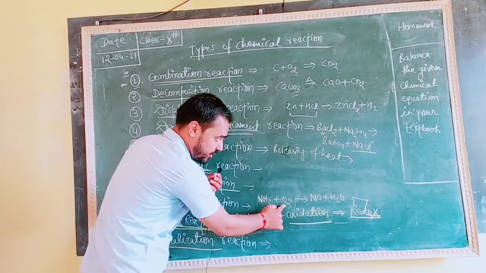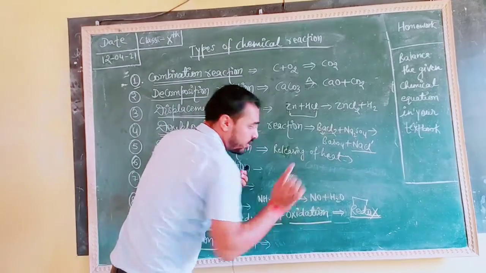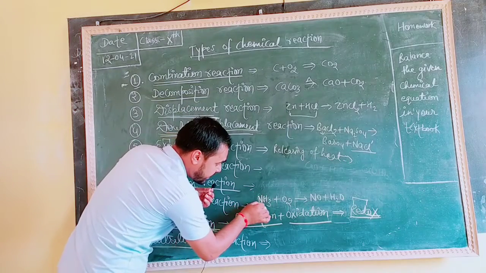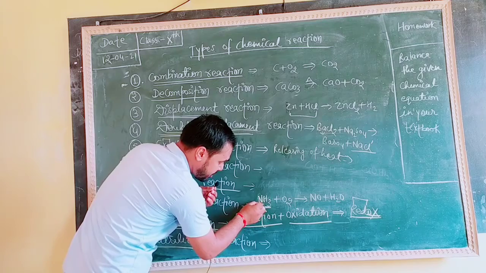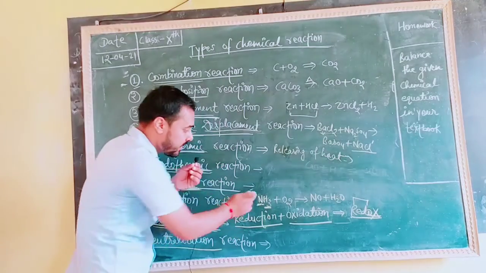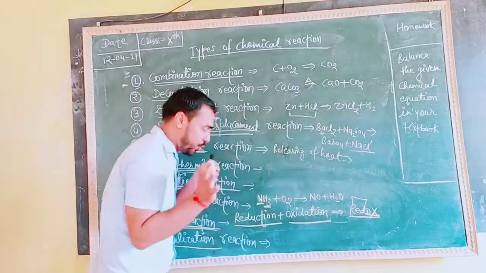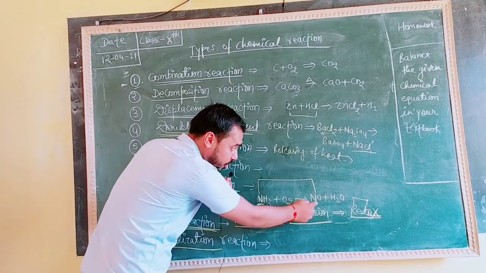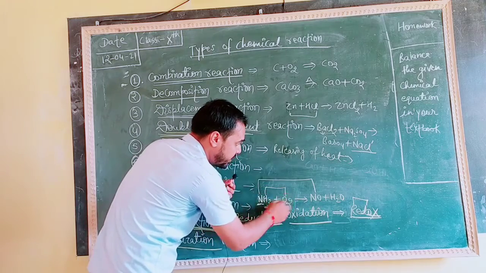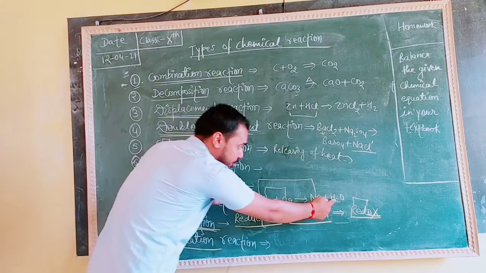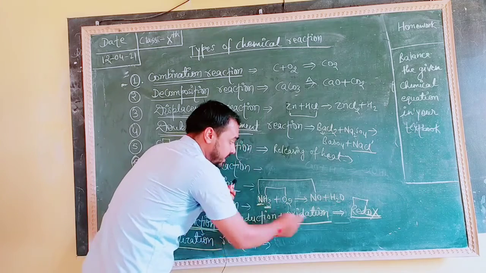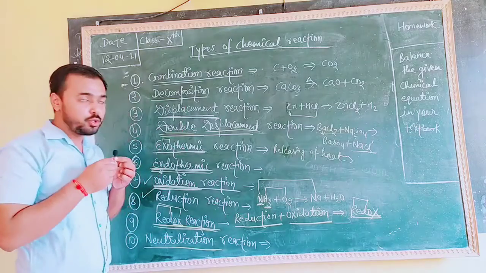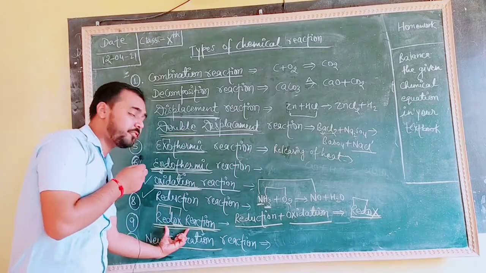Ammonia reacts with oxygen, forms nitrogen oxide and water. So look very carefully. N is here with hydrogen. Okay, means nitrogen is with hydrogen and oxygen is alone. But what is happening in the product? Nitrogen is getting connected with oxygen, means adding of oxygen, and here hydrogen is also getting added with oxygen. So oxygen is adding with hydrogen. When oxygen adds with hydrogen, then that is reduction, and when oxygen is getting added, then that is oxidation. So both are taking place, so it is an example of redox reaction.